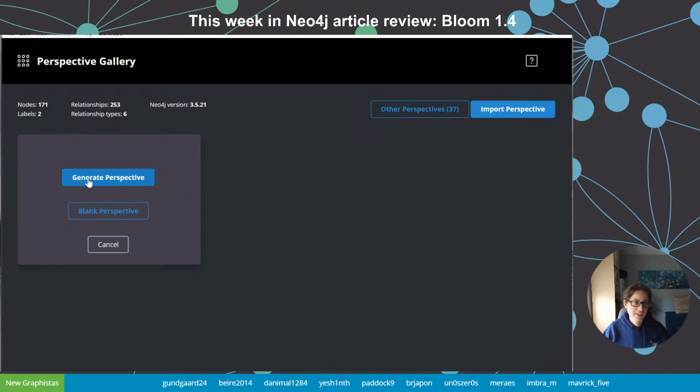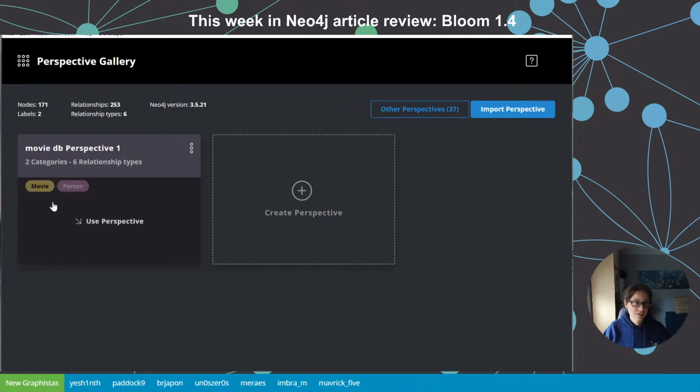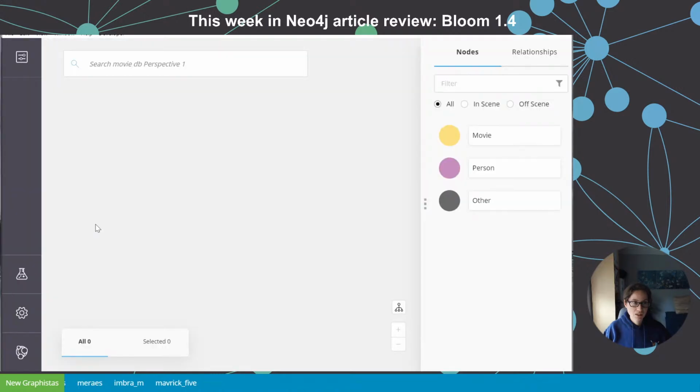So I'm going to click on generate perspective, and there we go, it's created the perspective for us. So I'm now going to use this perspective. And there we go, so we are in Bloom. For those of you who've used Bloom 1.2 upwards, this should be all reasonably familiar as to what's going on. So let's try out the first new thing that we saw, which was this proactive search